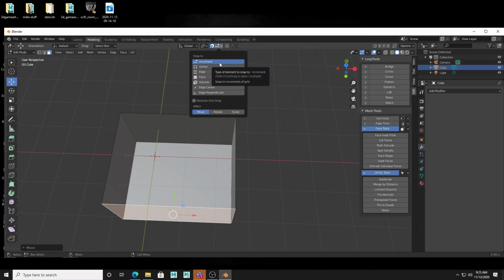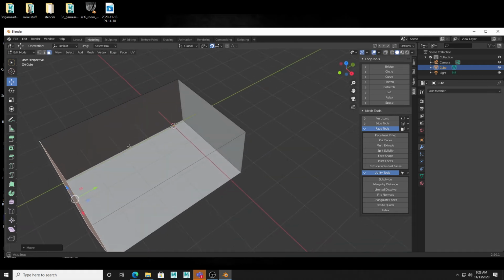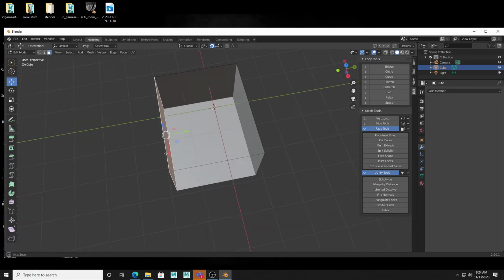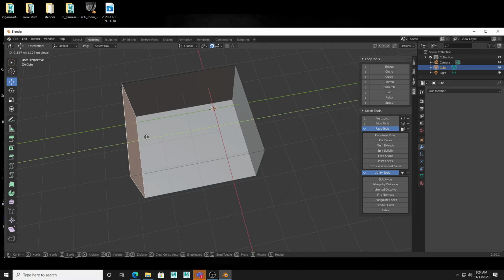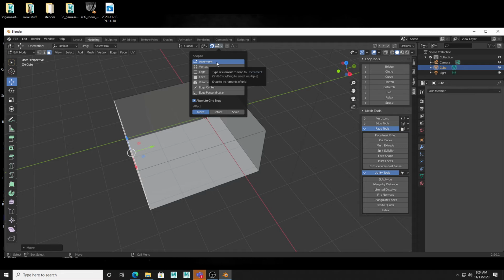So we have increment, right? And that actually allows you to snap by increments. So it'll snap to whatever increment you've given it. So if I go in here, you see increments on, and it's just going to snap it to a certain subtle increment. But you can actually tell it to do absolute grid snap. And what that'll do is it'll snap it to your actual grid units, right? So not only does this come with an ability to snap by a specific increment, but it also can just do absolute grid snap. You'll notice that you can actually snap to edges. You can snap to edge centers. You can snap to faces,